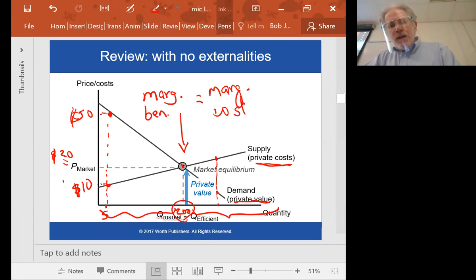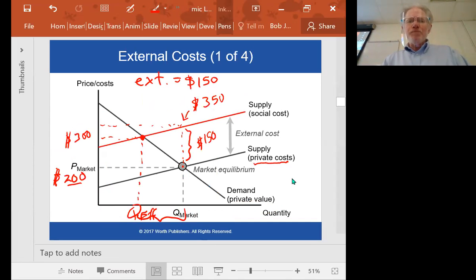The market equilibrium, the equilibrium quantity, was also the efficient quantity. Okay? It was the quantity that we would want if we want to use our resources as efficiently as possible. But when we introduced the externalities, then we saw that we don't get that nice outcome. Okay? When we were talking about this production of tires, say the equilibrium price is $200,